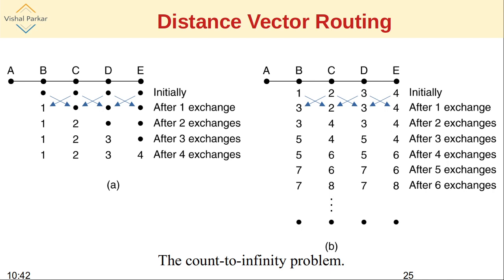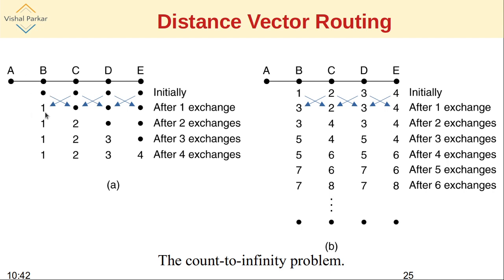So we will first see one example when a router which was initially down comes up next, and what happens. So imagine in this subnet which is shown here, A was initially down. So the rest of the nodes, the routers B, C, D and E, they reported the distance to reach A as infinity, which is shown with dots here, filled circles. Now the instant when A comes up, what happens?